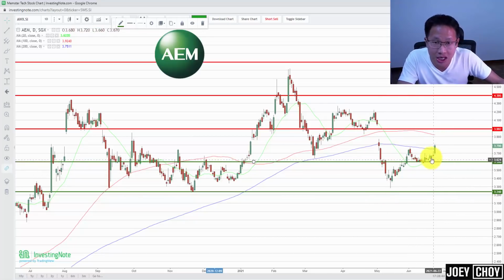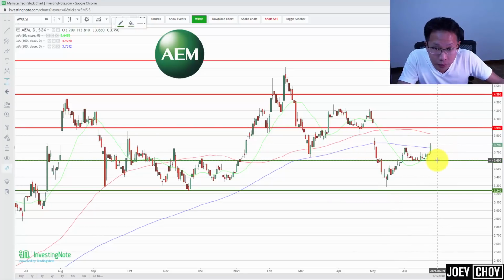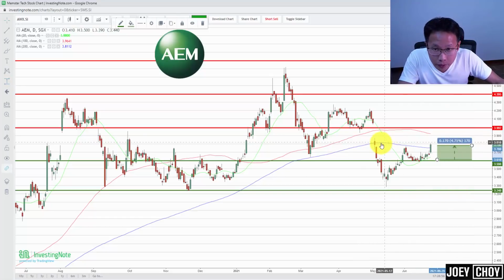Anything above that $3.60, which is where the 20 days moving average is, I think we can potentially stage a rebound all the way up to maybe around that $3.80. $3.80 would be a bit of a temporary resistance. You can see this was where we were. We broke down. This was where we approached somewhere in early June. We sold off, went down, and today we are back at this